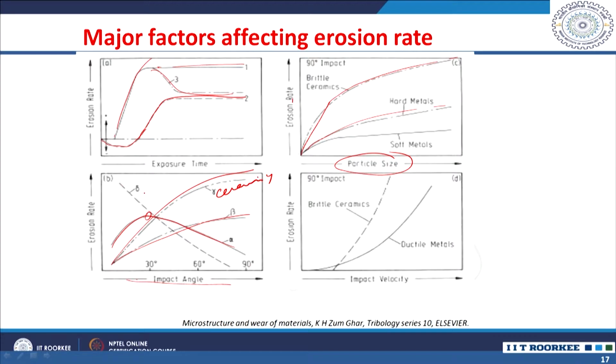But for rubber materials, this is rubber or plastic materials, you can see as the impact angle is increasing, erosion rate is decreasing. So, these are the metallic materials which are soft material, right, or the hard material. This is hard metallic material. For a hard ceramic material, it is much more erosion rate and increases to maximum at a 90 degrees angle.